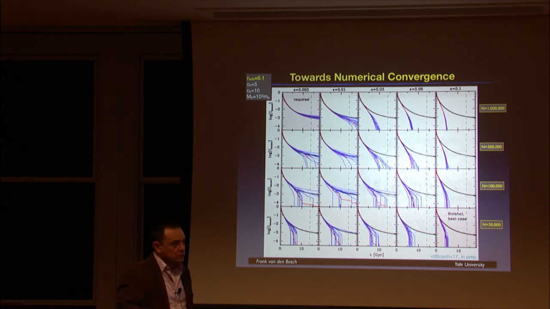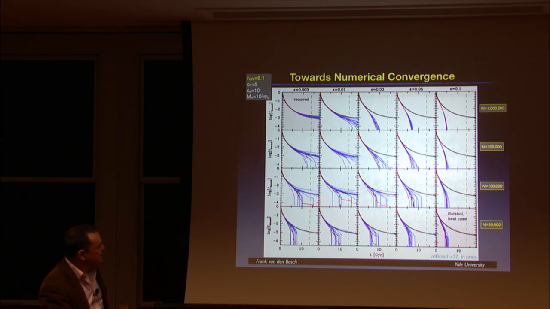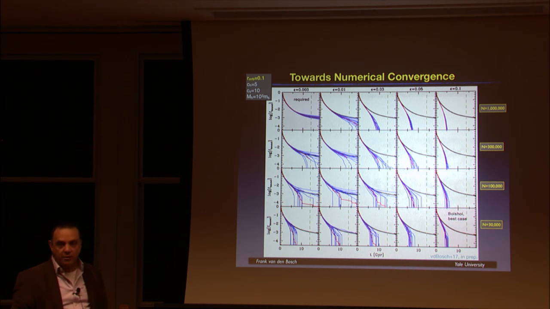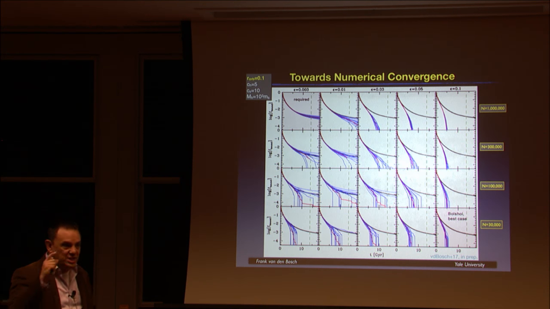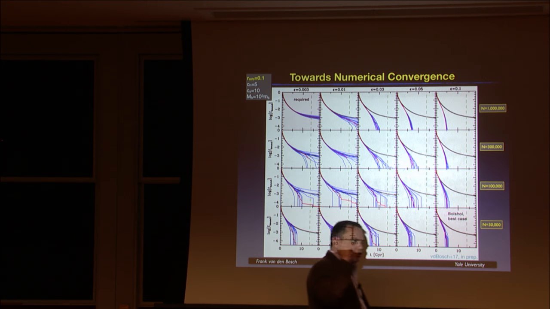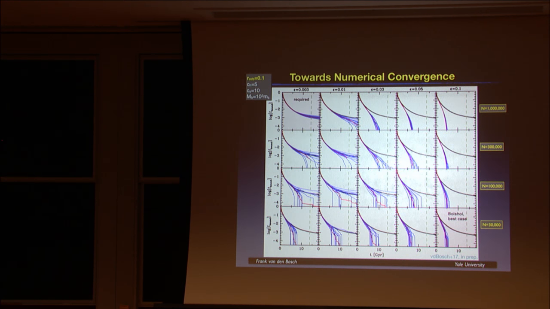But anything else? Garbage. Now look at this discreteness noise. It's unbelievable. This is with 1 million particles, 300,000 particles. If you make the softening too large, every time, you get disruption. It's completely artificial. To put this in perspective, the best resolved subhalo in the Bolshoi simulation has about 30,000 particles at infall, and is resolved with a softening length of typically 0.2-ish. So that sits about here. We're way off from what is required to resolve this dynamics.